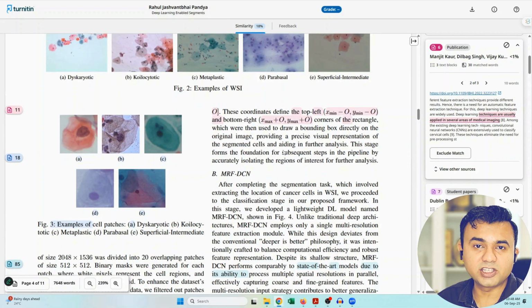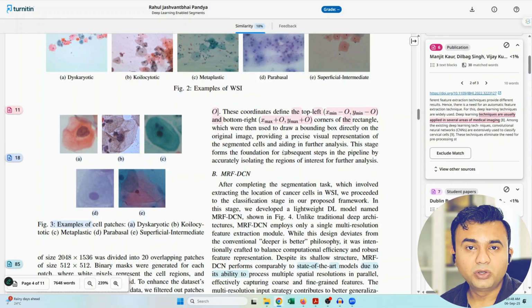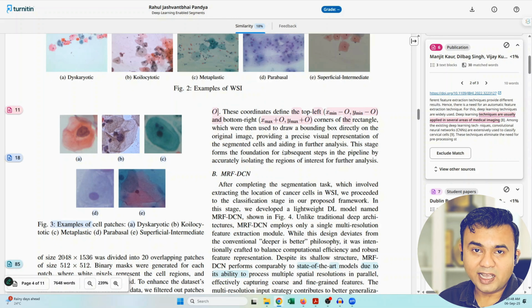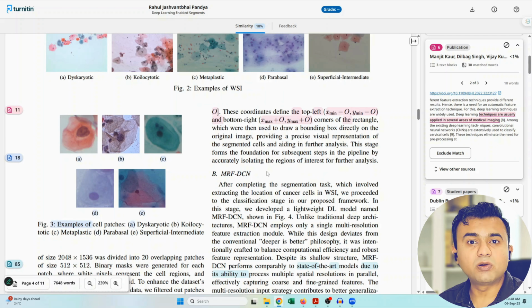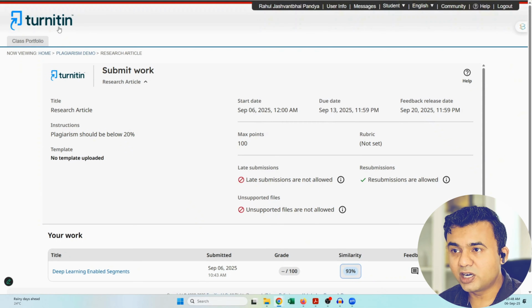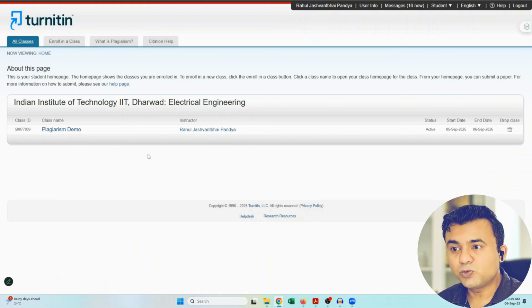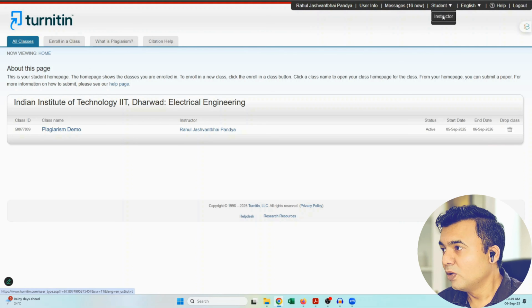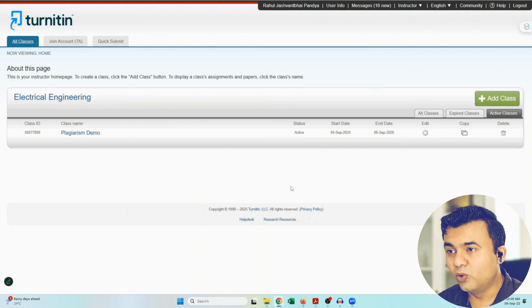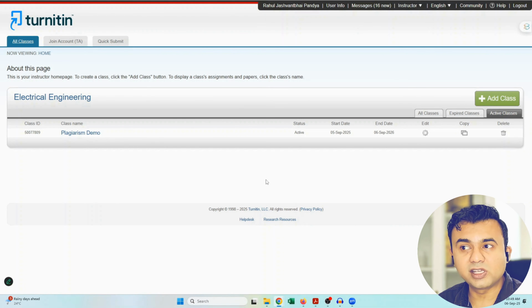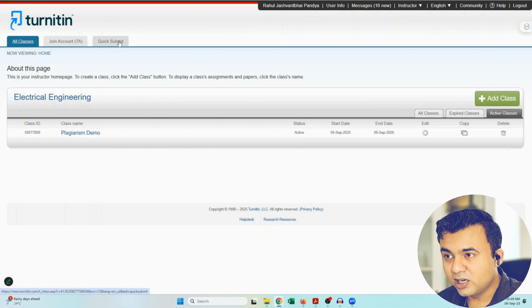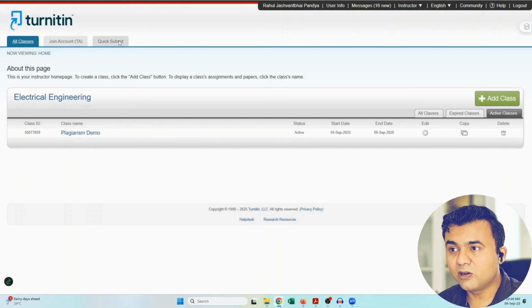So in this particular session, we have walked through how to use Turnitin as a plagiarism checker. Now see, in the next section, I want to quickly show you around. There is one shortcut for the instructors. In this particular section, there is an option which we can use for the instructors only, right? So let's see how to set up the quick submit. Here there is a tab called quick submit. You click on that